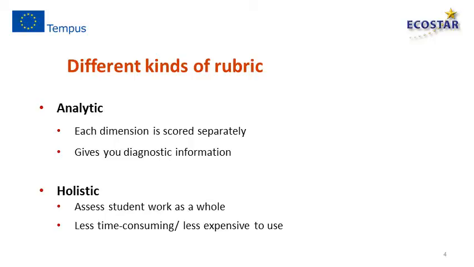A holistic rubric is less time-consuming and less expensive to use. Expensive in the sense that if you're rating lots and lots of tasks, you can do it quicker and thus more cheaply with a holistic rubric. Which rubric you choose